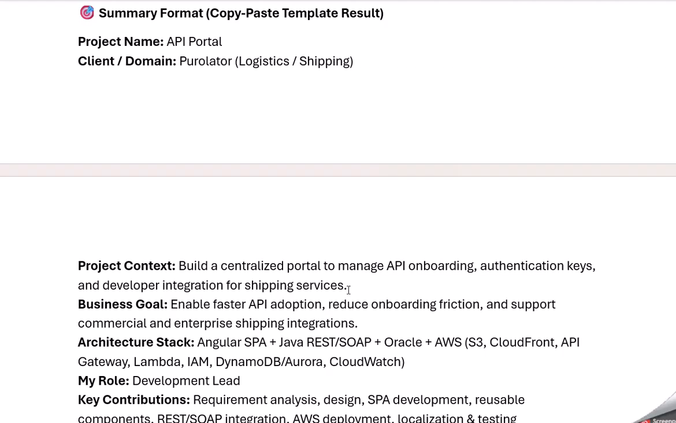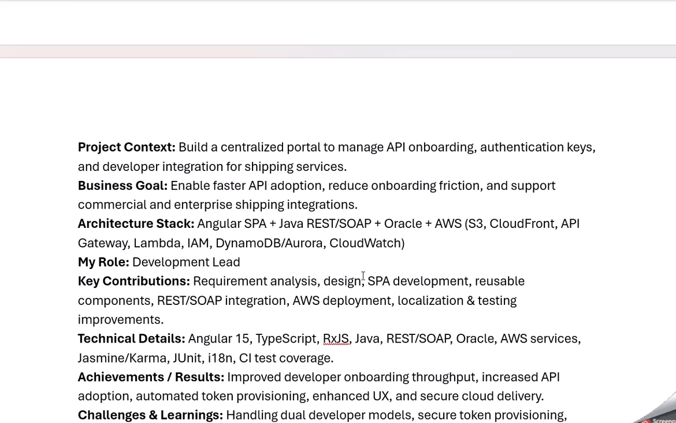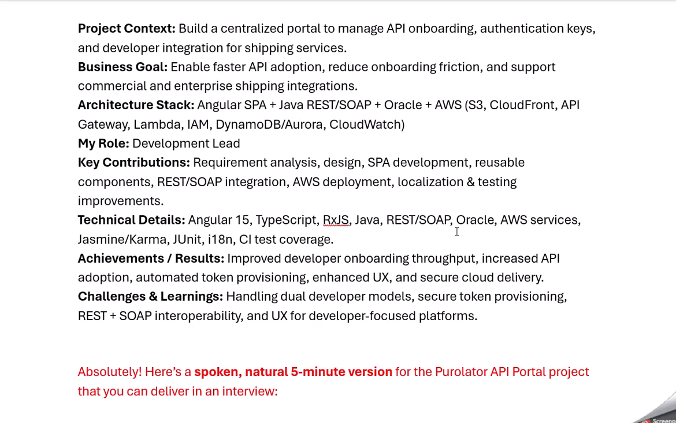The project name is API Portal. It's for Purolator, a logistics shipping company. The project context is to build a centralized portal to manage the API onboarding, authentication keys, and developer integration for shipping services. The business goal is to enable faster API adoption, reduce onboarding friction, and support the commercial and enterprise shipping integration. So the architecture stack: Angular SPA plus Java, REST and Spring Boot API, Oracle, Postgres SQL,